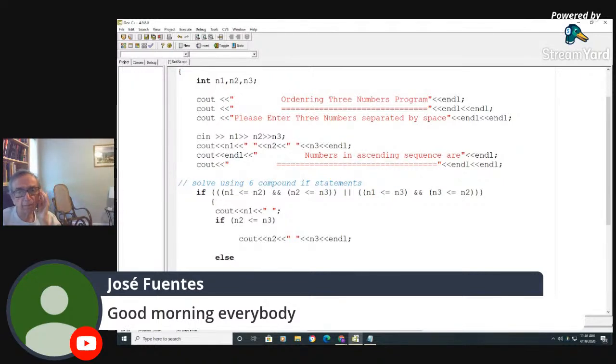Okay, so we have this compound condition that determines N1 is the smallest. In that case, we're using an if-else to determine which is second smallest, N2 or N3. But we need three more statements just like this. So the next statement would be to determine if N2 is the smallest, which this is correct, but you need an OR for the second part of it. So, or